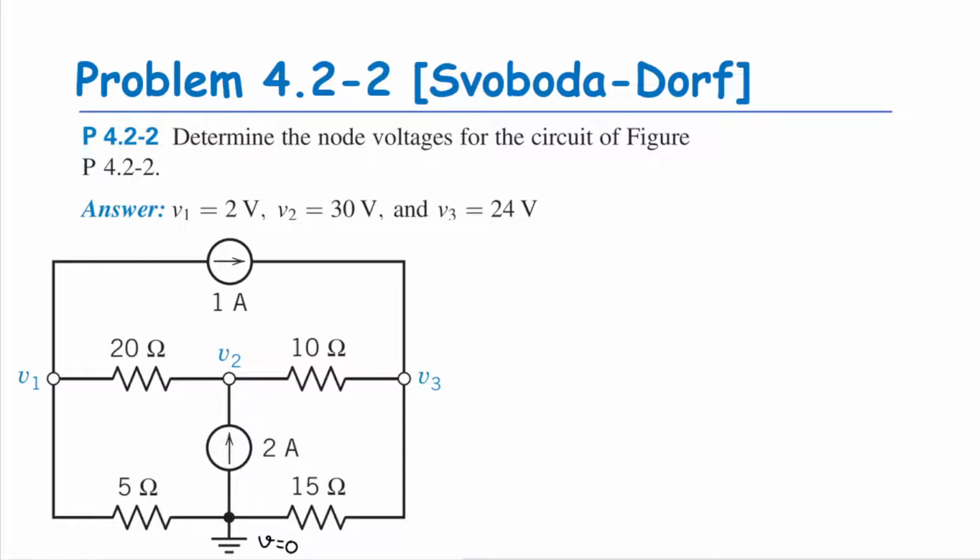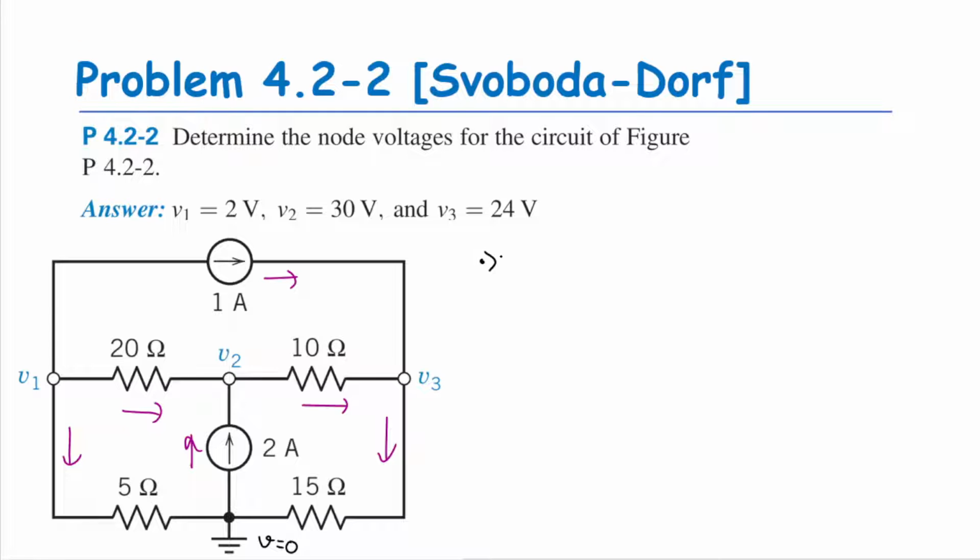Okay, maybe let's assume the direction of the current. I want this to go to the right, and this also goes to the right. And for the current source, maybe I just follow the arrows. So here goes up and here goes to the right. And here I want it to go down, and I also want this to go down. Okay, now let's see KCL at V1, V2, and V3 for each node.